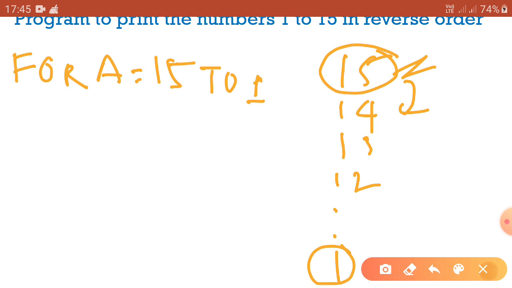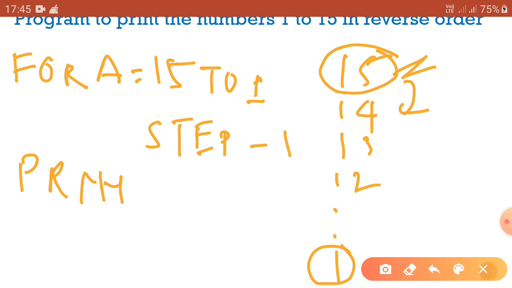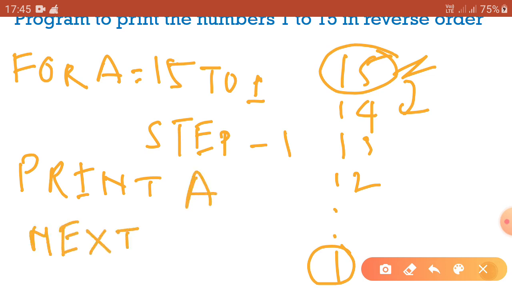The Step here is -1, as it is decreasing by 1. Then print the value of the variable, that is here a. So it is Print a, and at last Next a. Next a means the next value of a.